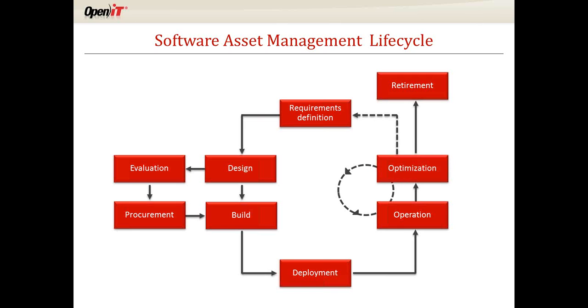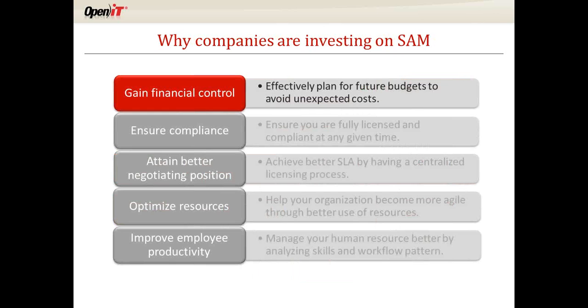Most companies do a really, really good job on the front end of vetting that out and making sure we get the right tool, the right feature set, the right type of license agreement, the right headcount. But then what happens after that? How do we manage that? Do we have any visibility of what's going on after that point? So we're going to step through some of these.